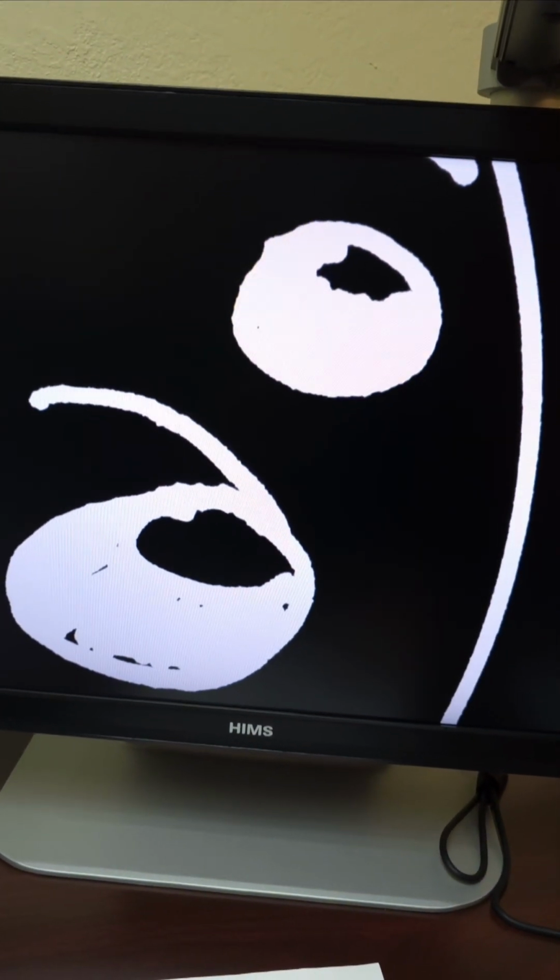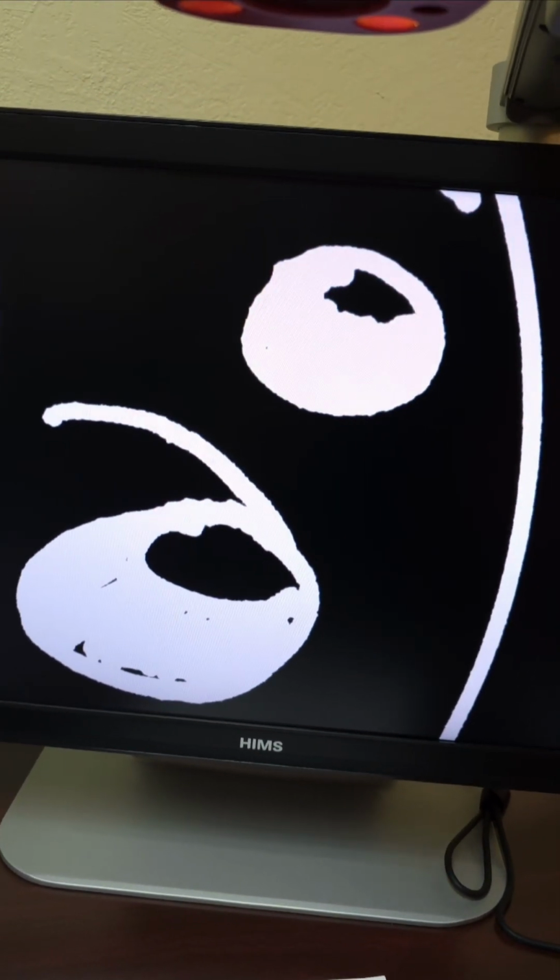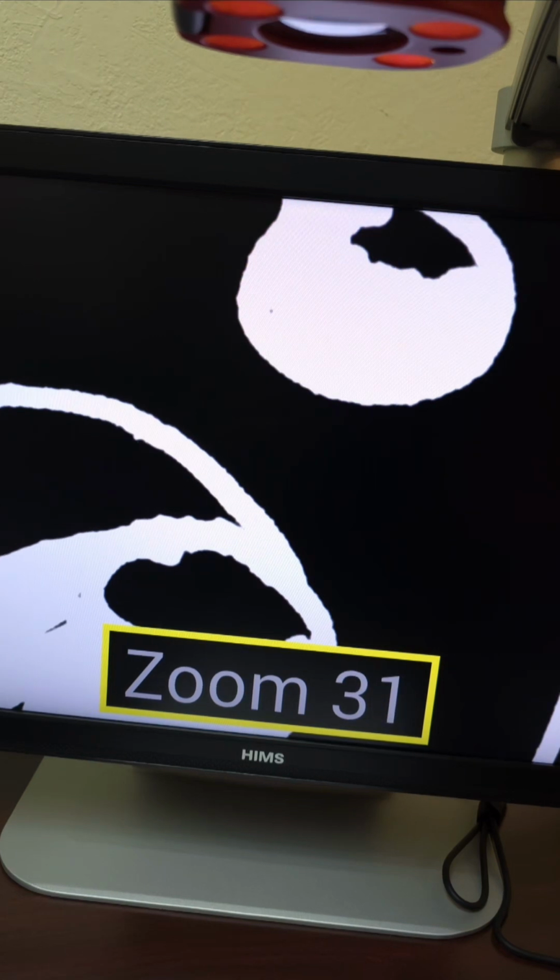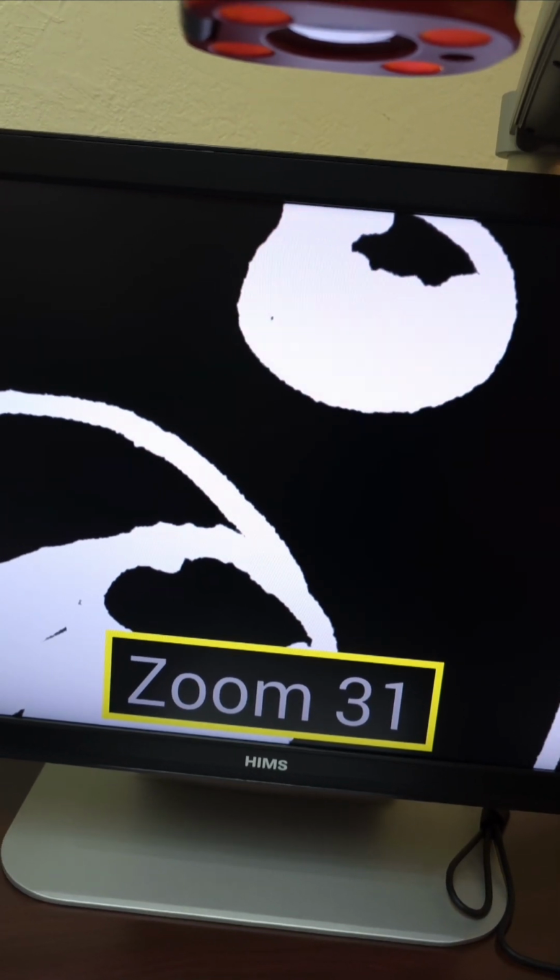Zoom 27. Okay, that should be fine. So I drew this little picture here. I'm gonna zoom in a little bit more. And when I was filling in the dark spots, I can't really see when I'm working from a distance, which is how I like to work on pictures,